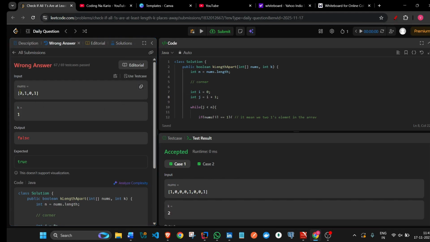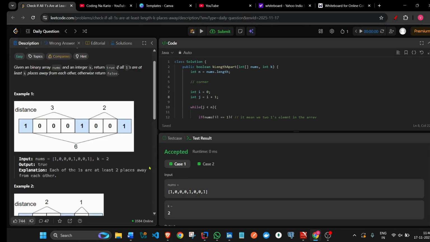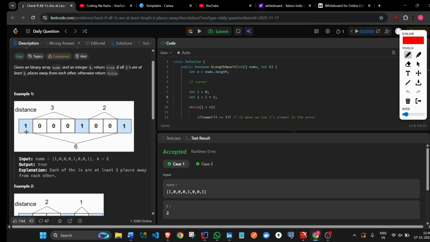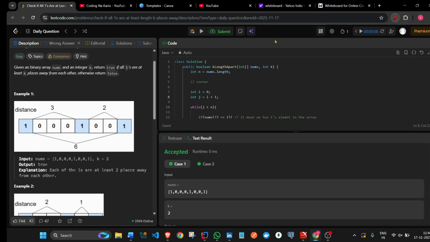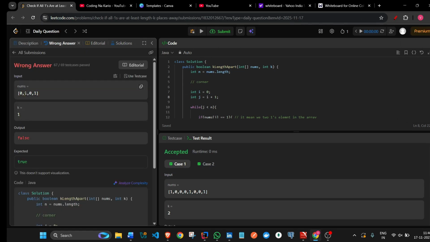This corner case: if suppose the first element is not 1, then the whole approach may be wrong, or may not be wrong. If it is 0, the approach is wrong. So think about what we need to do, and what happened here. Here at this place we get the first i. We don't worry about finding the first index, but in this we need to find the first